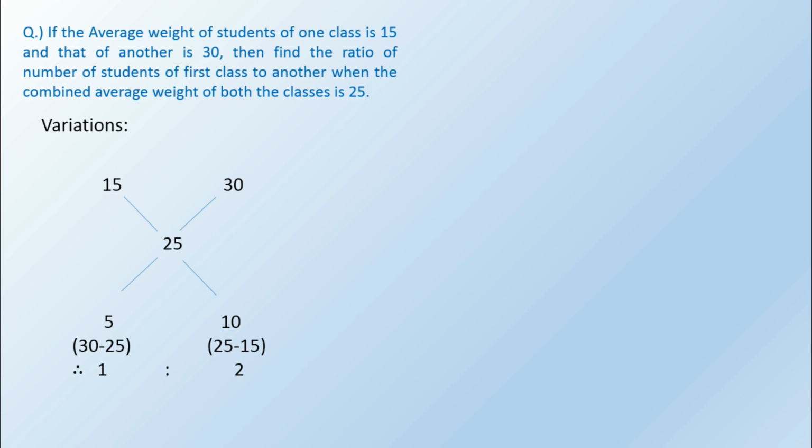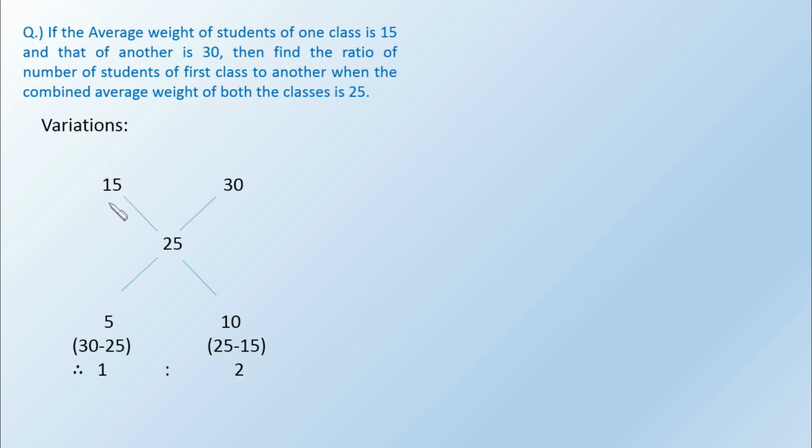Also, as a variation of this question, there can be a question where the question says that if the number of students of one particular class is 30, then find the number of students of another. So we can tell that if the number of students of this particular class is 30, then for this it will be 60 as the ratio is 1 is to 2. Or if they say there is a 50, this one it will be 100.